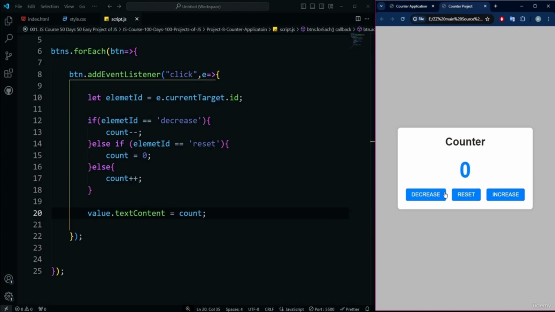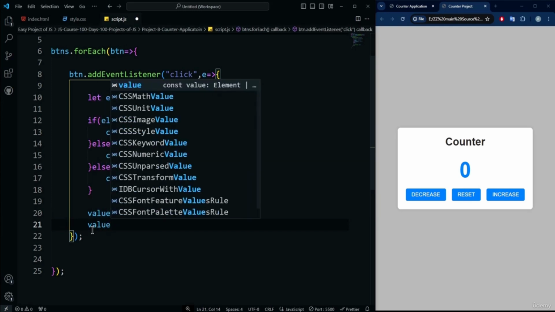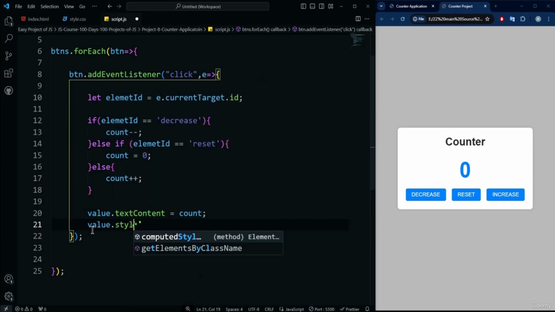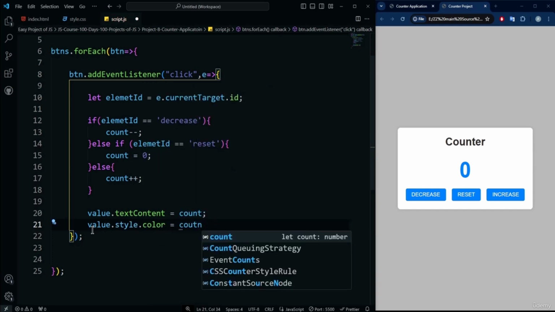Now for the color changing functionality, if the value is greater than 0, it's going to show the green color, and if it is negative, then we need to set the color to red, all right? So in order to achieve this behavior, we need to play with the condition. So I will be using the ternary operator. So value dot style color, like style, not computed style. So here I will be using style dot color, and this is going to be equals to count greater than,